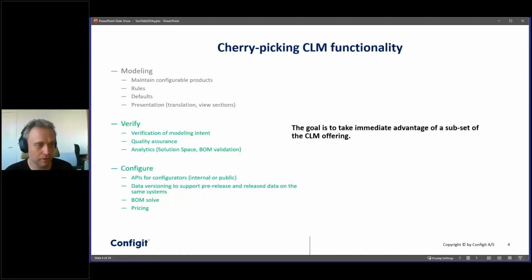And of course, we offer capabilities such as being able to perform a BOM solve and integrate with, for example, pricing from SAP. So what we're talking about here is that we're going to be lazy and skip the modeling part. And we're going to focus on trying to leverage the services that we see in the green here